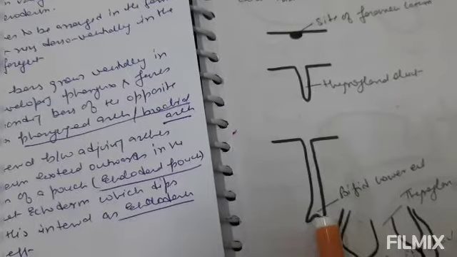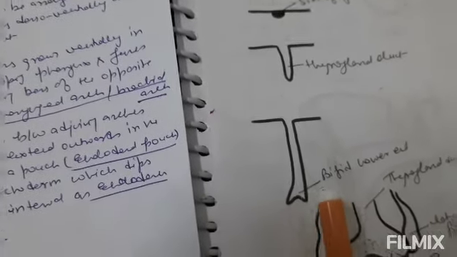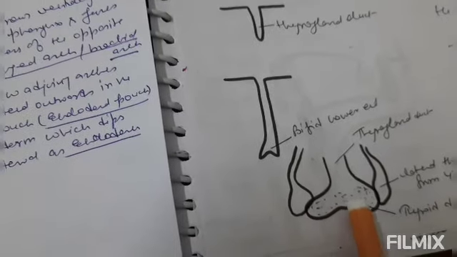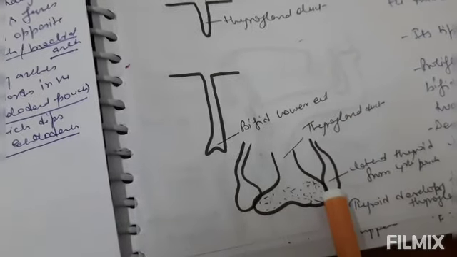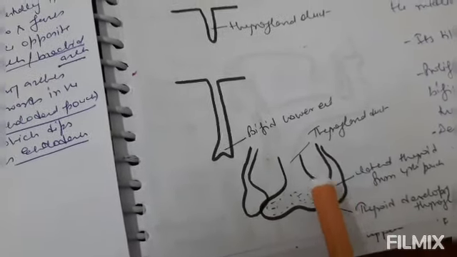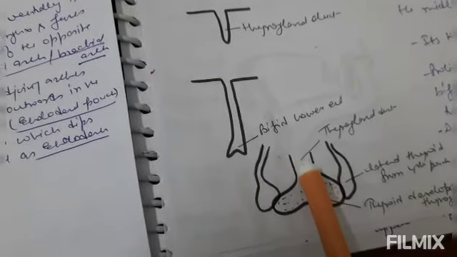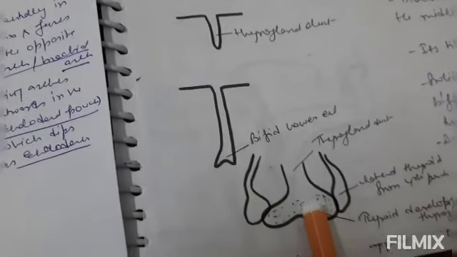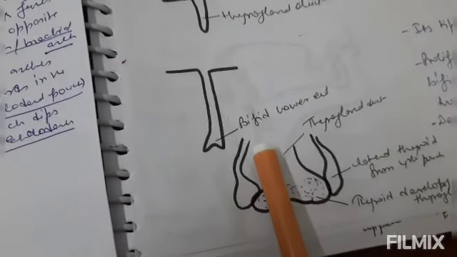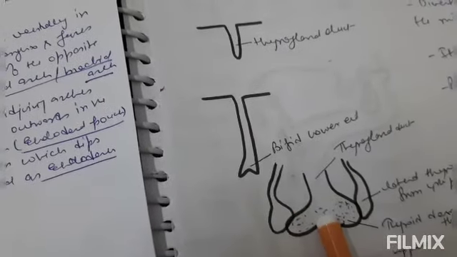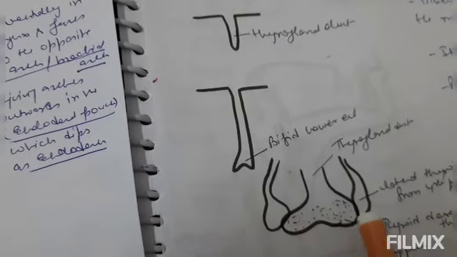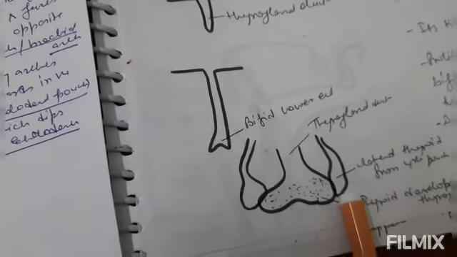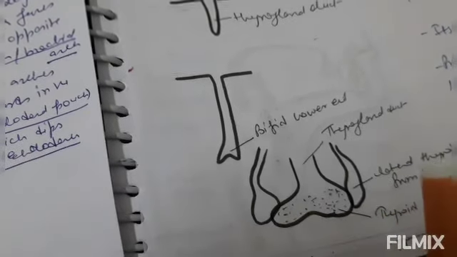Now this thyroglossal duct will develop, and at the end it will divide into two parts. So it will become bifid, and gradually from this bifid end there will be the development of the thyroid gland. So this is the thyroglossal duct and this is the thyroid gland. So the thyroid gland actually develops from where? From the thyroglossal duct only. And there is a lateral thyroid also from the fourth pouch. The lateral thyroid will develop from the fourth pouch.